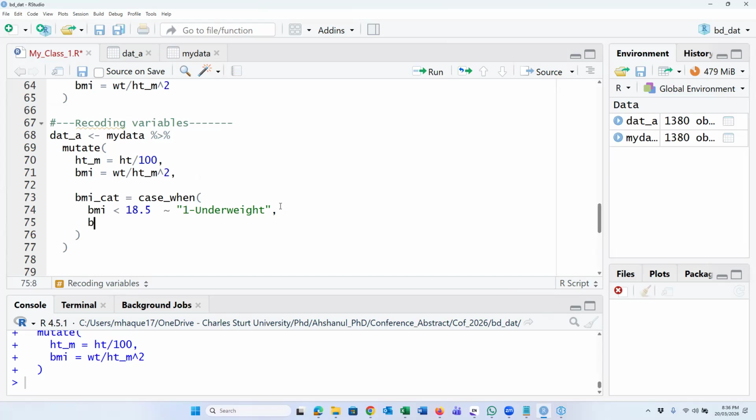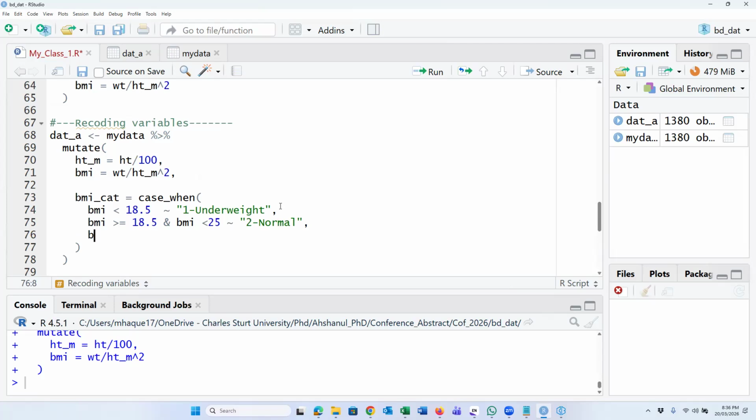Second, if BMI greater or equal 18.5 and BMI less than 25, then second category, 2, normal.